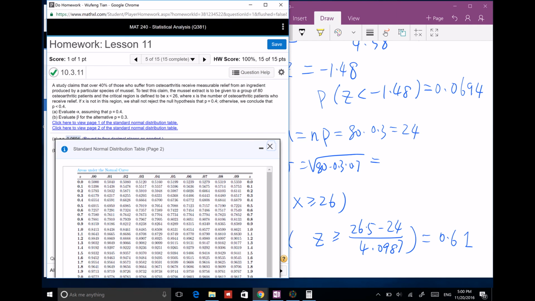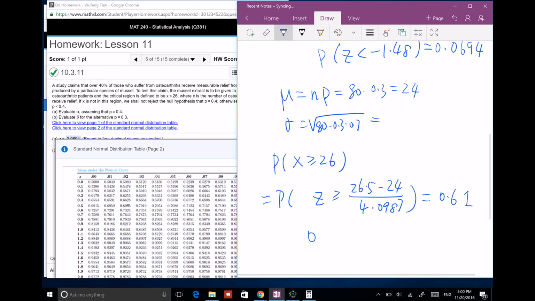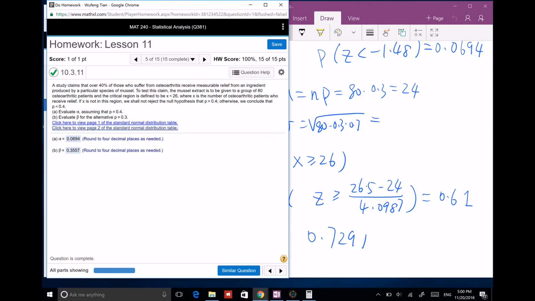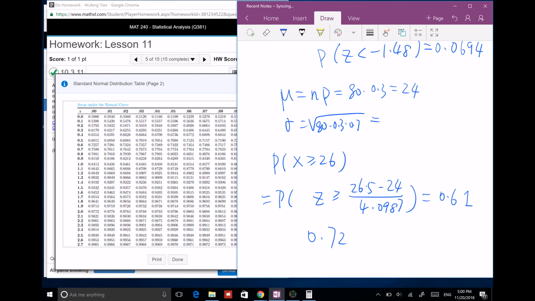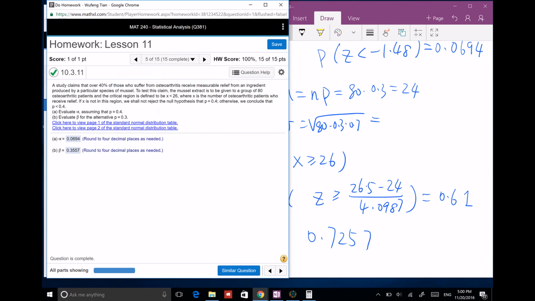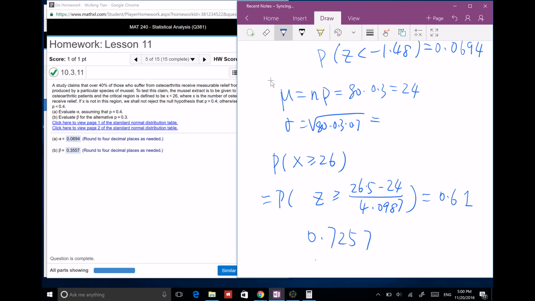What is 0.61? 0.7291. Wait. I think we got 0.7257. 0.7257. Let me see. And you have to use 1 minus it. Okay, so 1 minus it. Right, you should get 0.3557 is bigger than that. Okay, so